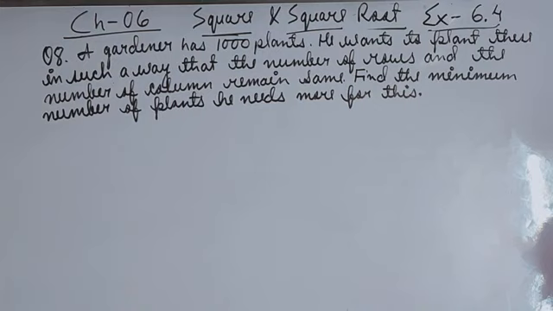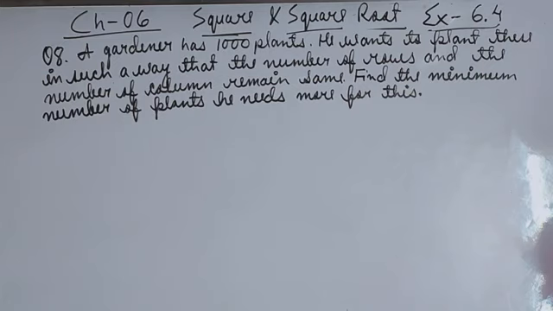understood this type of concept in our exercise 6.3 also, and in that case we found that when the number of plants in a row is equal to the number of rows, the total number of plants should be what? Perfect square number. What should it have been, beta? It should have been a perfect square number.